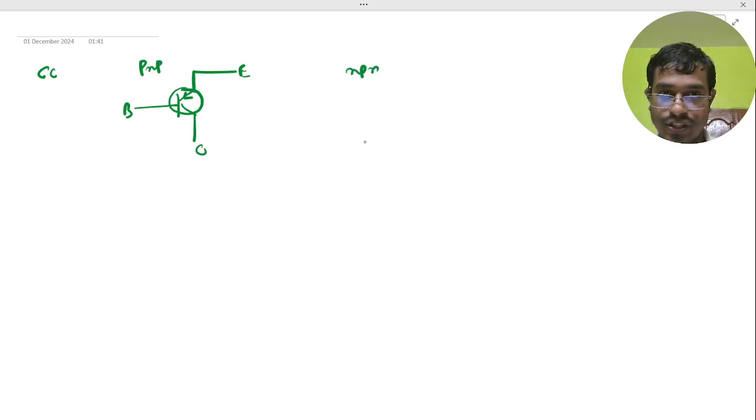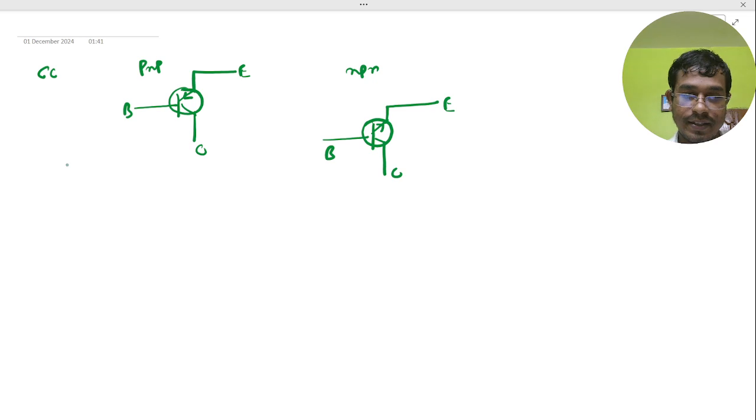And for NPN transistors we should get here the emitter and the collector and the base. Here current flows from the base to emitter, and here is a factor called gamma. Gamma is basically IE by IB, emitter current with ratio to base current, and the alpha is basically, we should